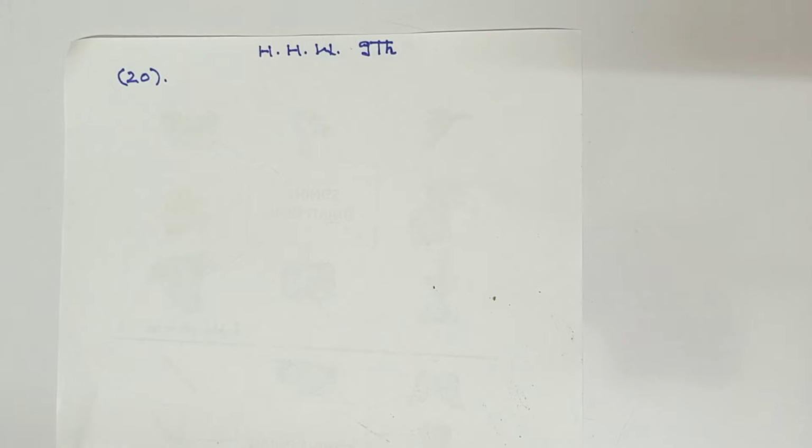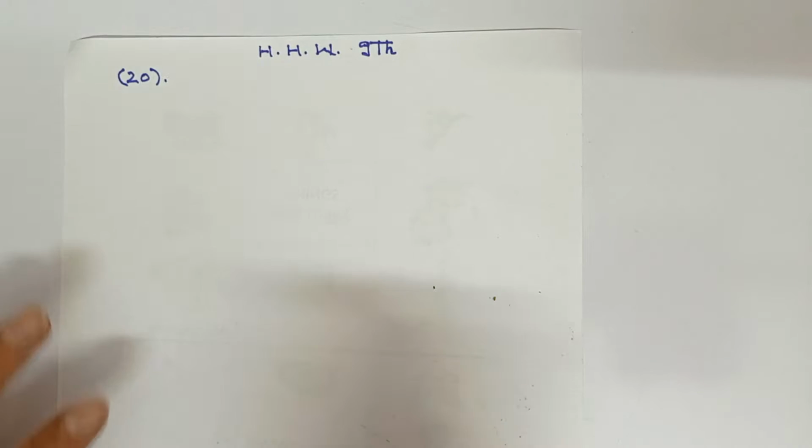Hello everyone. In this video, I am doing the 20th question of the winter holidays homework of class 9th. Find the lateral surface area of a cylindrical petrol storage tank that is 4.2 meter in diameter and 4.5 meter high. How much steel was actually used if 1 upon 12th of the steel actually used was wasted in making the tank?